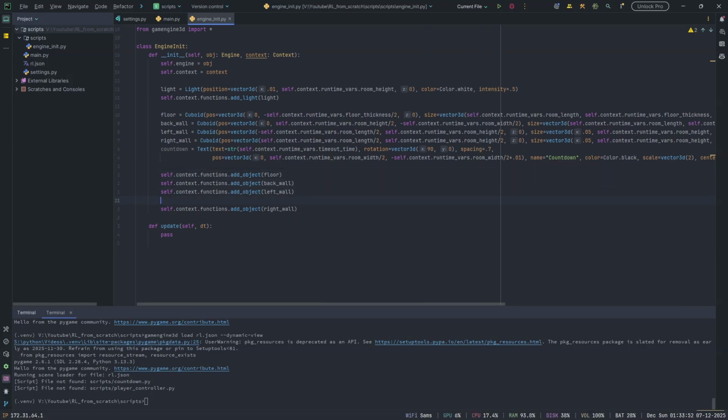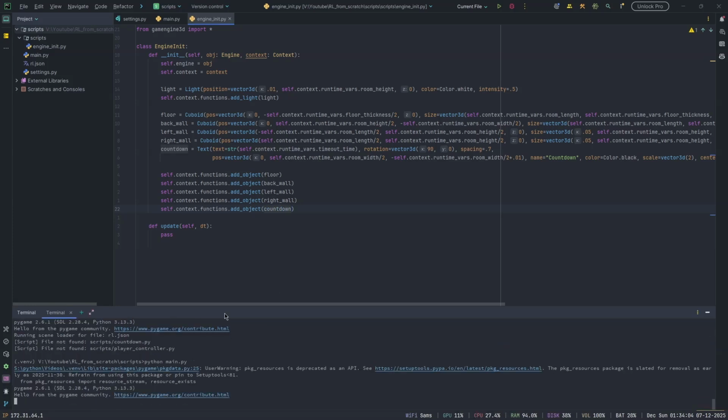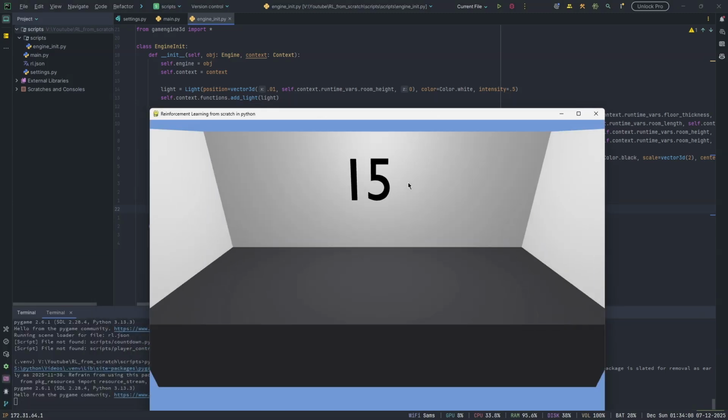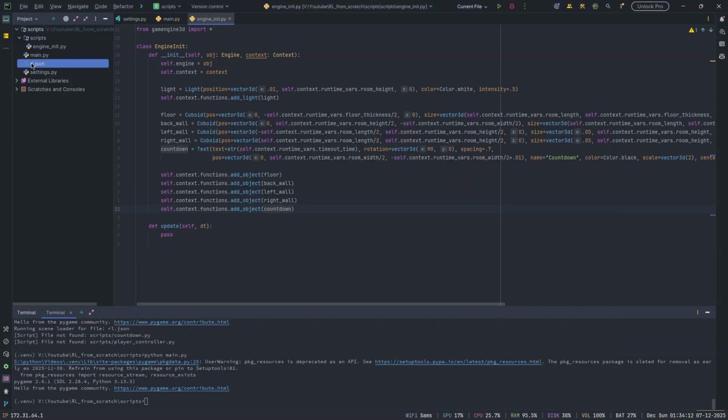Then we'll say self.context.functions add object, we will add the count. Now if I go ahead and run this, it appeared here. So yeah, you can see if we zoom out here, we have the countdown, and I'm also going to do this. Alright, so now let's also just position the camera properly so we don't have to keep